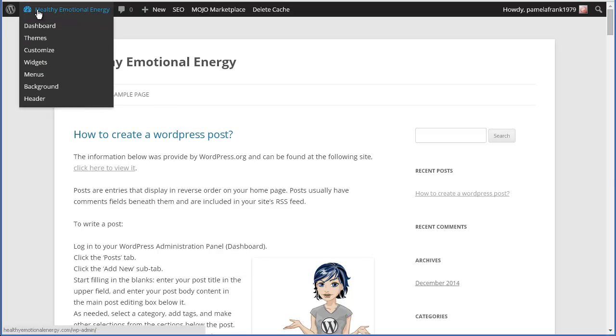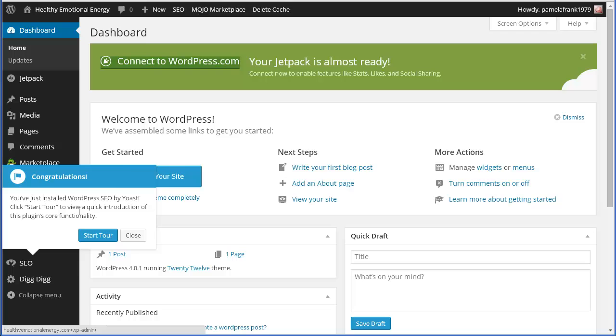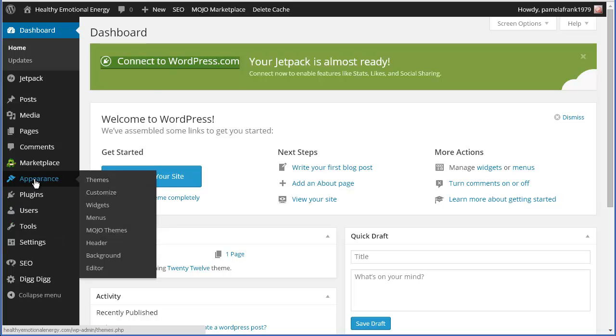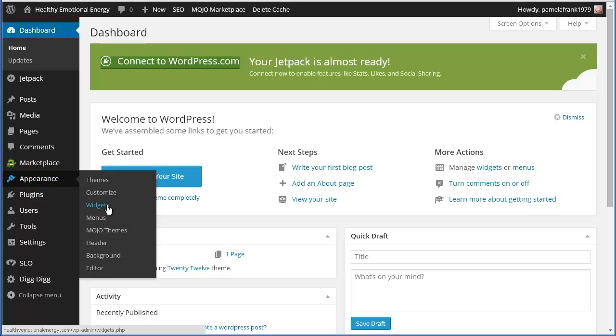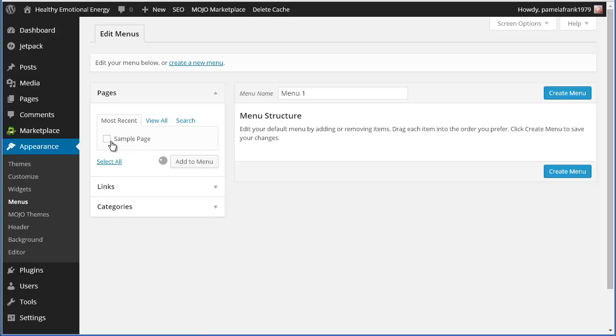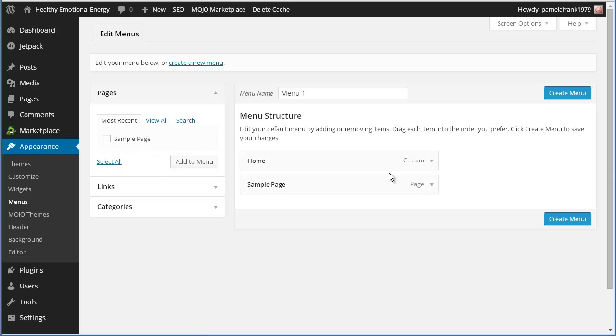So let's go here and let's close this. First, where you're going to find it is in Appearance, and you're going to find Menus. And here right now you see that it has the main menu, and it just uses by default whatever you already had on your site. Let's create a menu that we're going to use, and let's call this our main menu. We're going to create a menu,